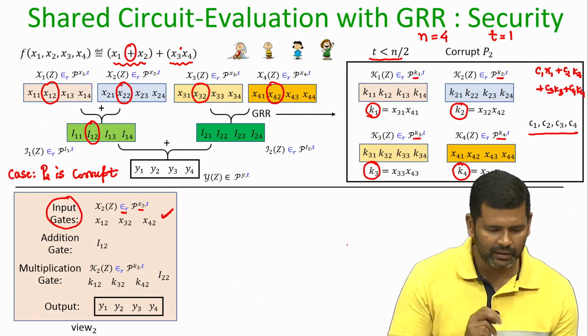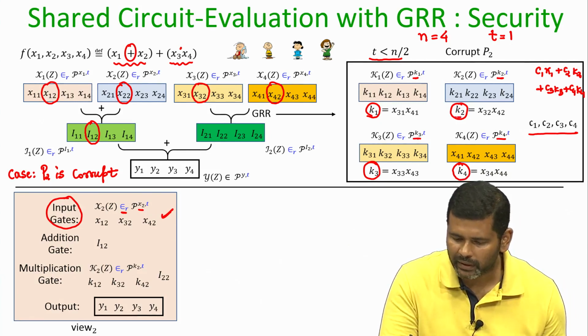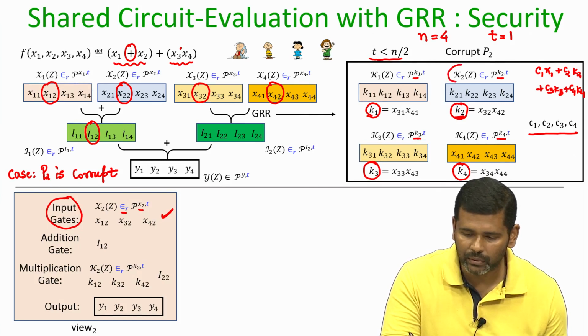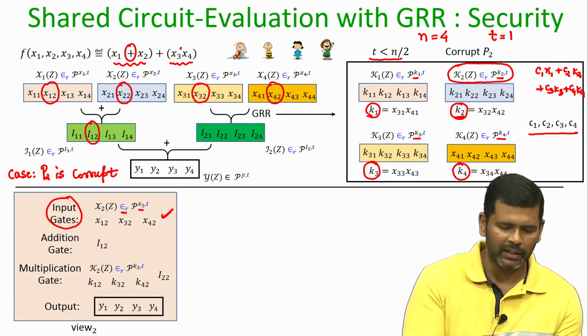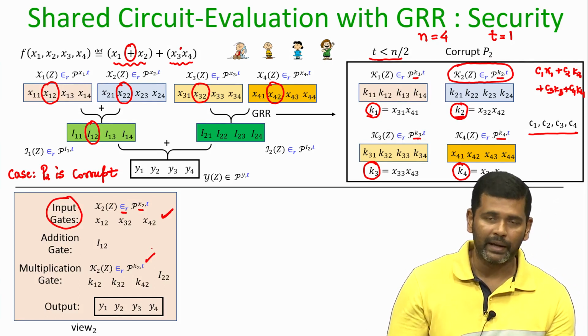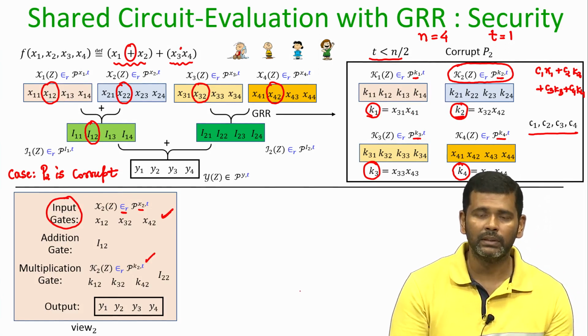For the GRR degree reduction, P2 will be under the control of K2, and it itself would have shared K2 through this polynomial fancy K2, which is a random t degree polynomial. So, that is what is included in view 2, and for the other K shares, namely K1, K3 and K4,